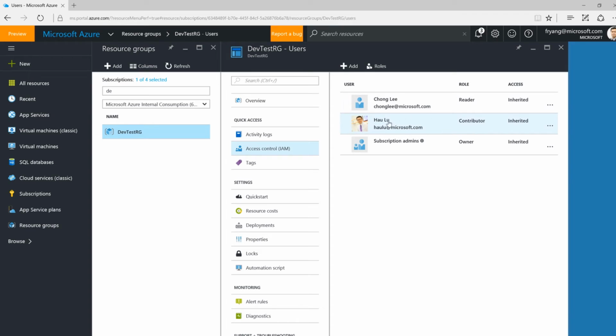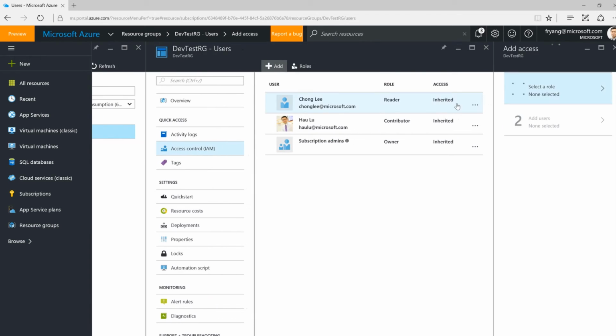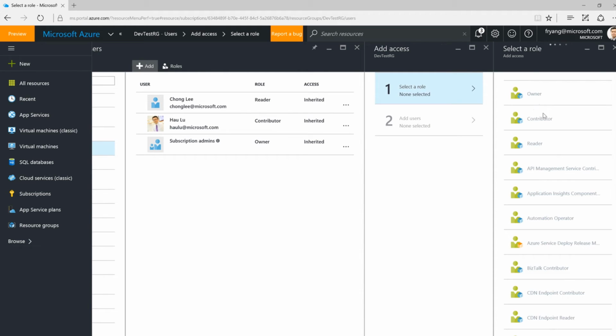You can see that as a resource group, the permissions are automatically inherited from the previous subscription level, including the owner's permission, the contributor of the subscription, and the reader from the subscription. Those are inherited from the higher subscription level of permission. Now this is for dev test, right? So I will assign some people dedicated to do the dev test. So I will assign one person as a contributor,